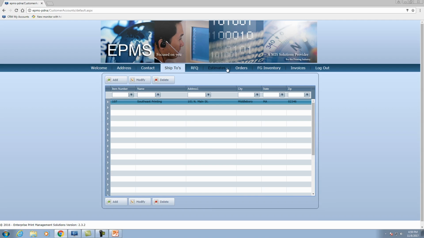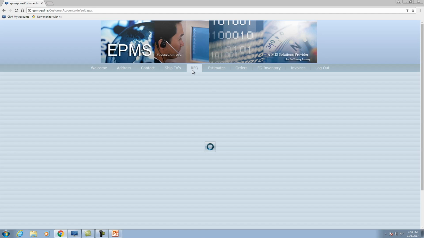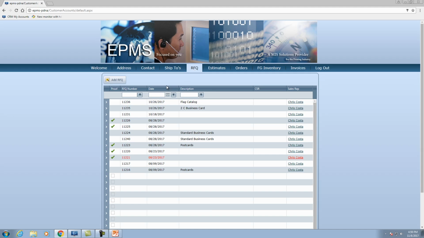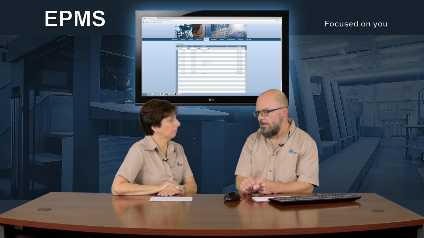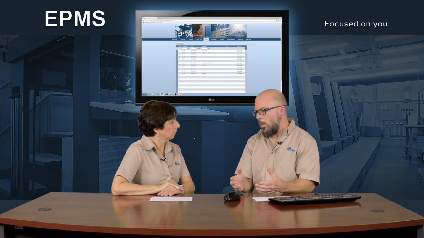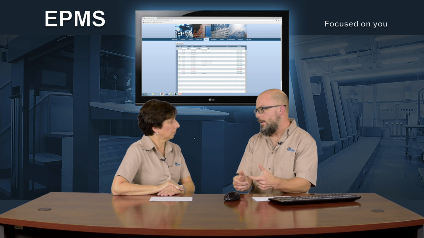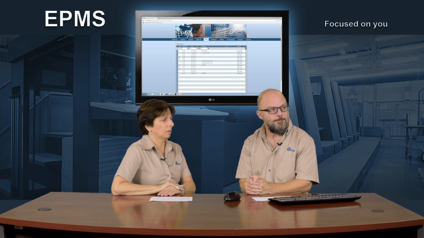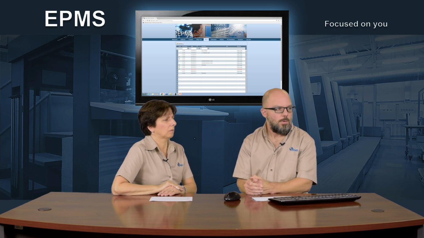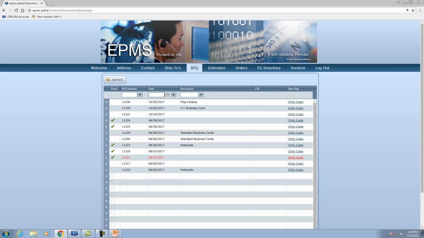Then we get to RFQs, estimates, and orders. With RFQs, they'll see a list of RFQs. If they own the Web RFQ module, they'll also be able to add an RFQ from here. You'll be able to see all the RFQs. One of the nice things